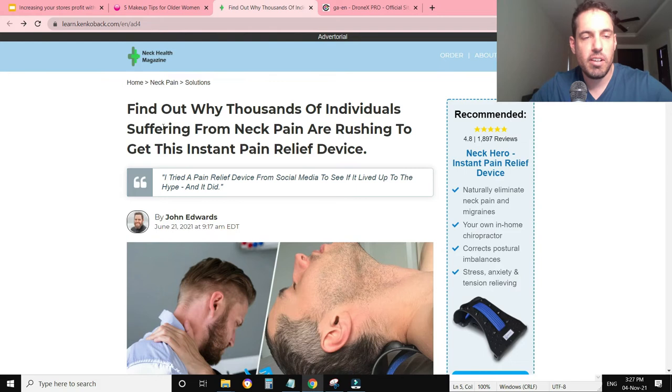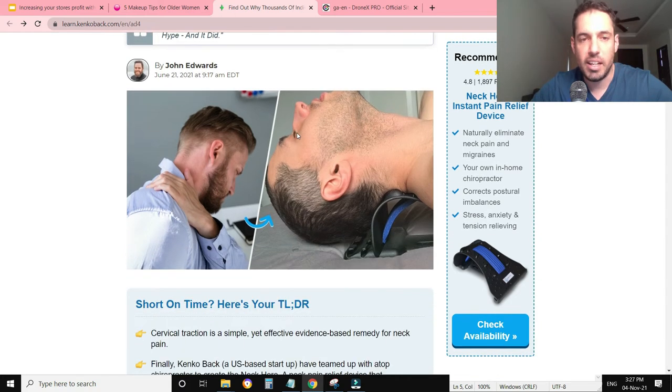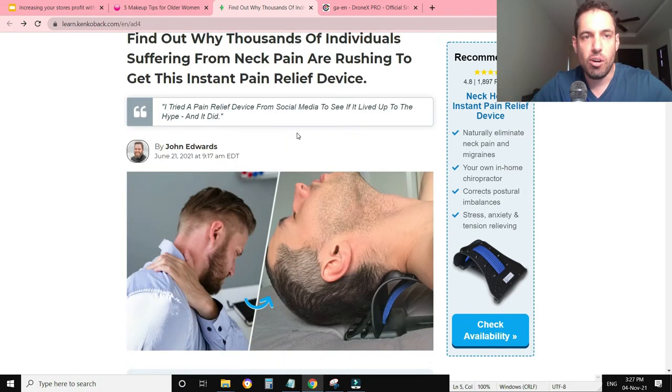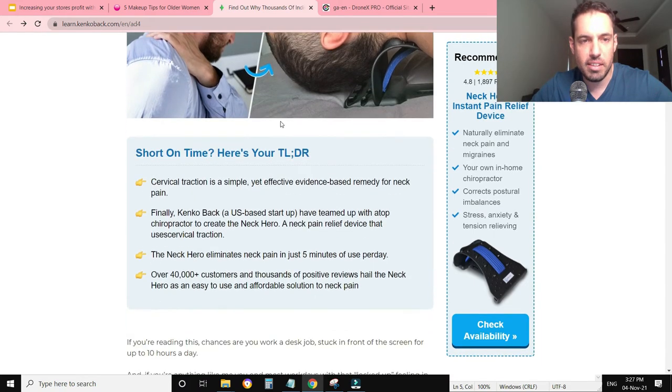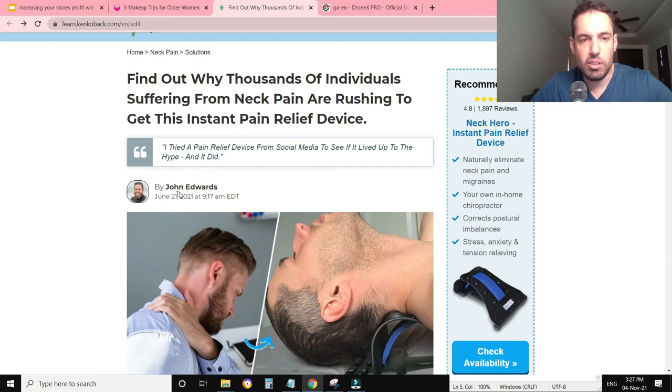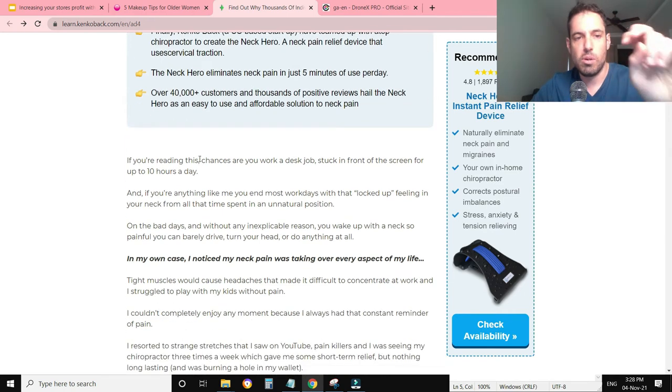So this is a presale page by Kenkoback. This is probably a magazine that they have created, Neck Health Magazine. And as you can see, this seems exactly like an article that you would read from a native ad or in some sort of an online magazine. So they have the name of the author, the date, a too long didn't read summary of the quote-unquote article,